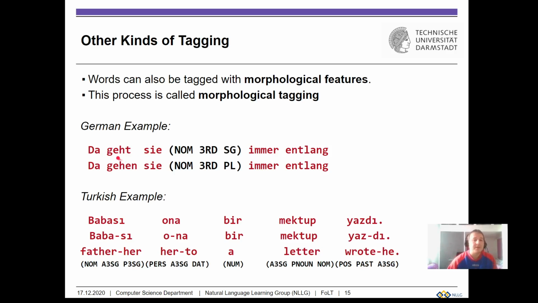So, for example, in German, we have this very frequently. Da geht sie immer entlang, da gehen sie immer entlang. So in those two cases, we have the same word, and we also would have the same coarse-grained part of speech tag, namely that this is a pronoun, sie is a pronoun. But if we want to do this more fine-grainedly, we could also say that in this first case, sie is in the nominative, it is third person and it's singular, whereas the second one is in plural, right? So this is a more fine-grained part of speech tagging, which applies to certain word classes such as pronouns, nouns,